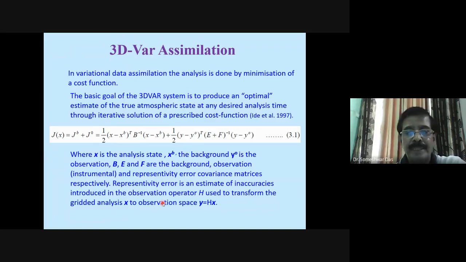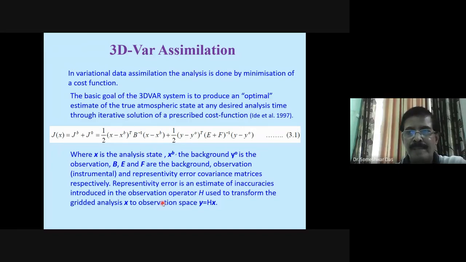By the simple word meaning, representativity is that whatever observations you are collecting from any point. Suppose you collect a surface observation at Jaipur, but that observation is collected at one point, for example at the IMD office of Jaipur or at the Jaipur airport.